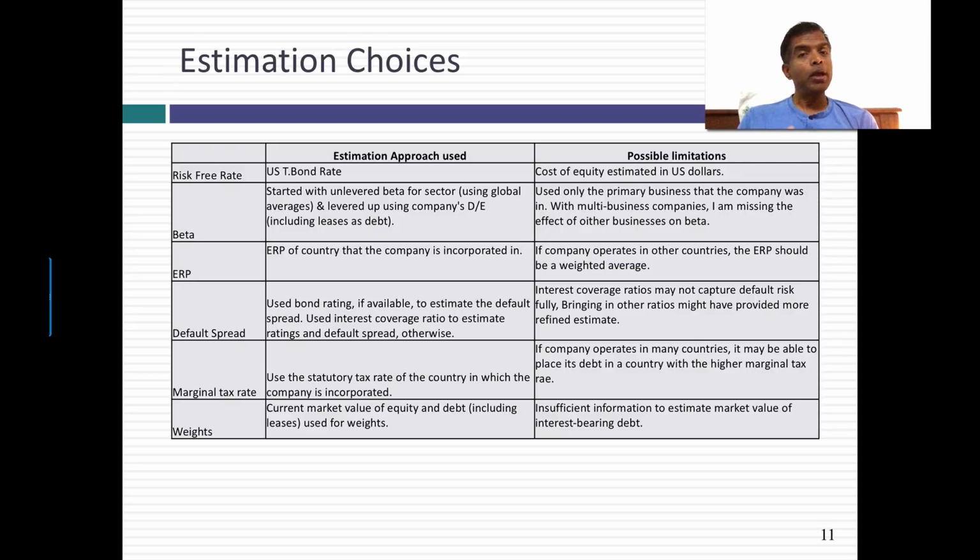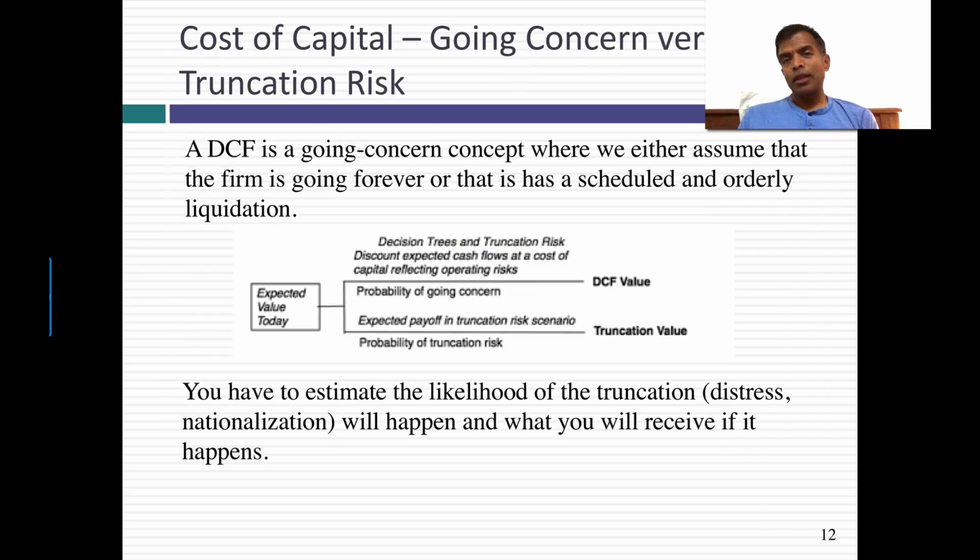Here again, that's sloppy because, as we know, companies can decide where to place their debt, and if they have enough income in a higher tax locale, they might do it. So I'll admit up front the cost of capital numbers I got were approximations, but they're the best I could do